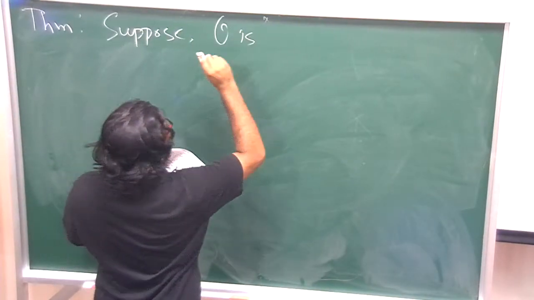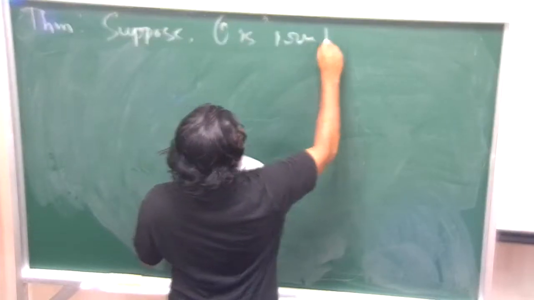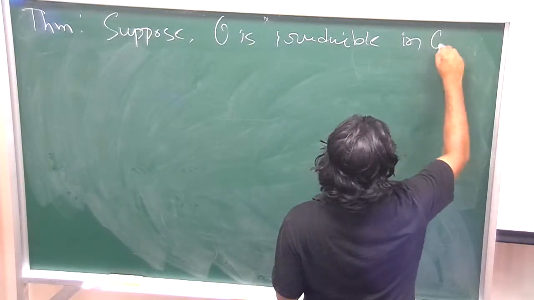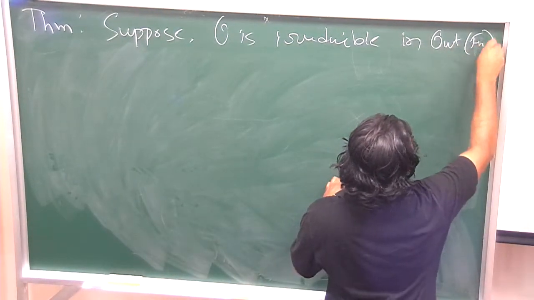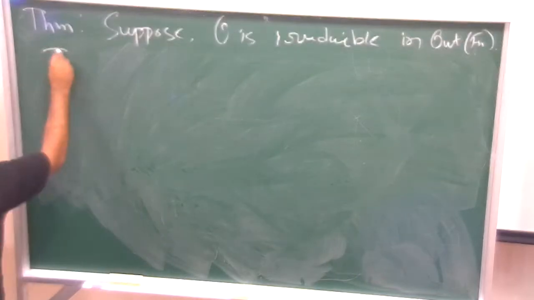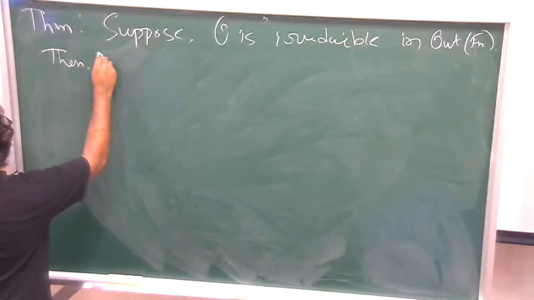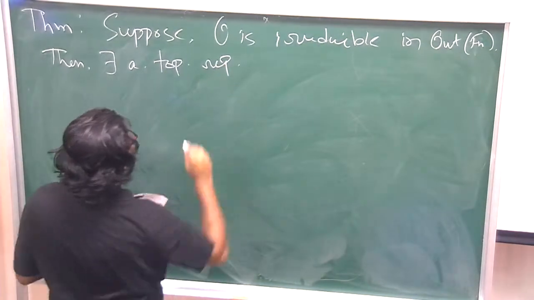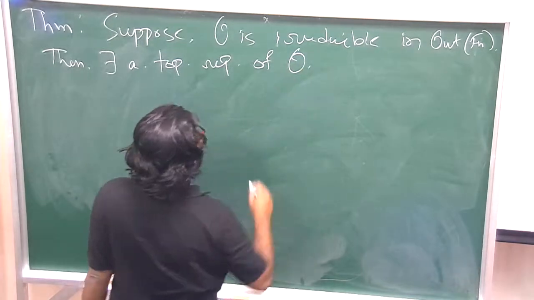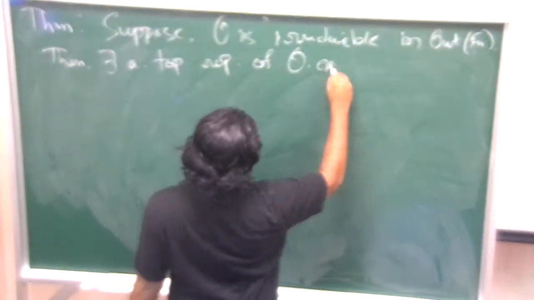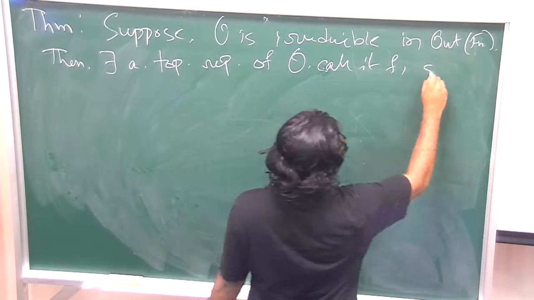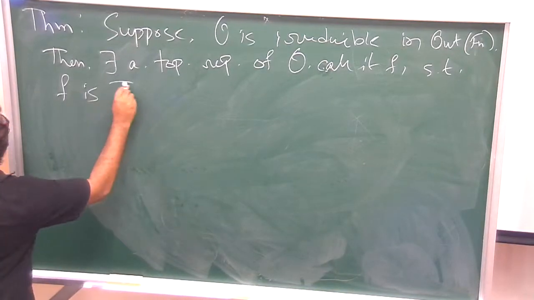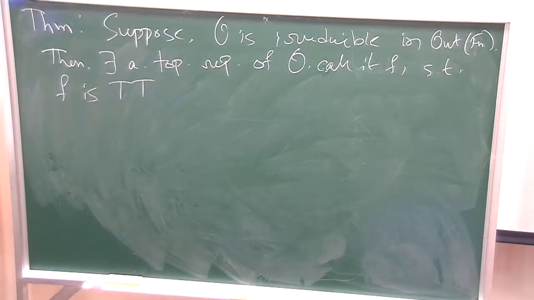Suppose phi is irreducible in the outer automorphism group of Fn, then there exists a topological representative of phi, call it f, such that f is train track. Moreover,